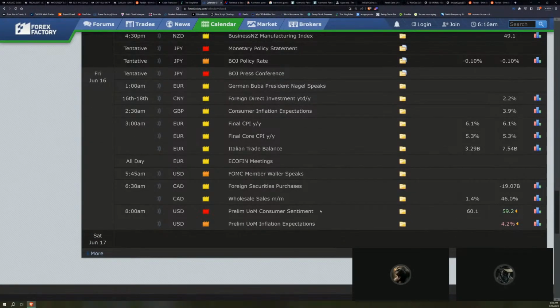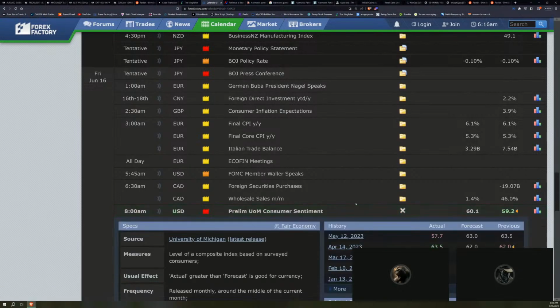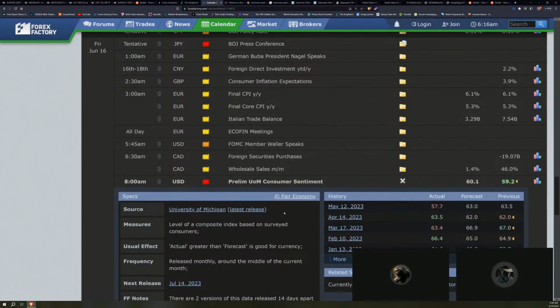Okay, so we have here, today is Friday the 16th, and at 8 a.m. Mountain, that's 10 a.m. EST, by the way, the prelim University of Michigan Consumer Sentiment Report comes out. So University of Michigan comes out once a month with a consumer sentiment report, which basically is what it sounds like. They look at all the data. I imagine they do surveys, and because sentiment is based on how consumers feel, I imagine it's a survey plus the data.